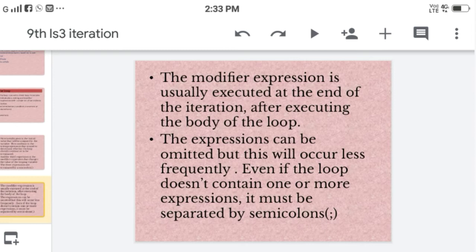The modifier expression is usually executed at the end of each iteration, after the body of the loop. The expressions can be omitted, but this occurs less frequently. Even if the loop does not contain one or more expressions, they must still be separated by semicolons.